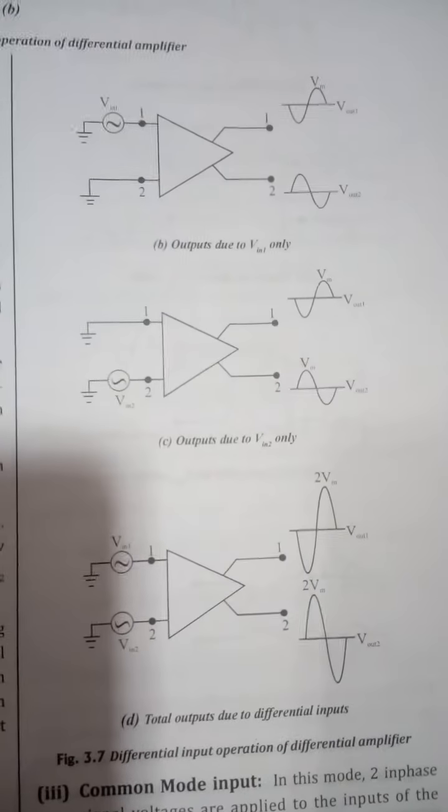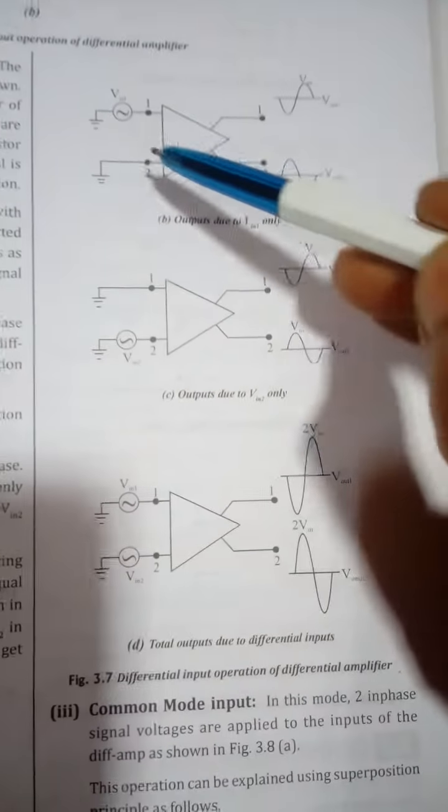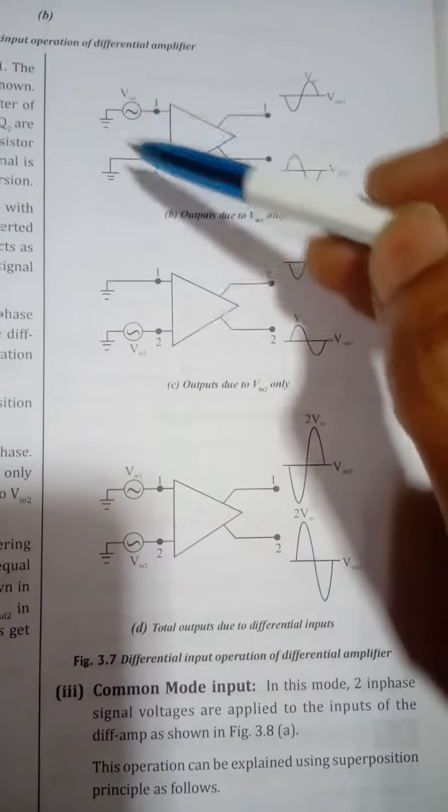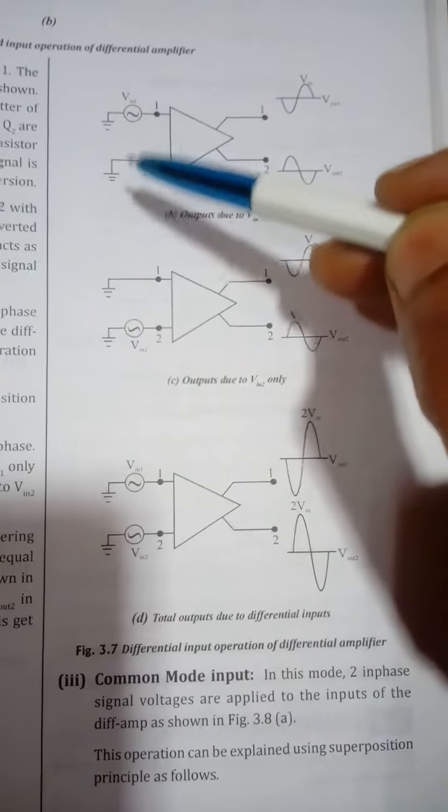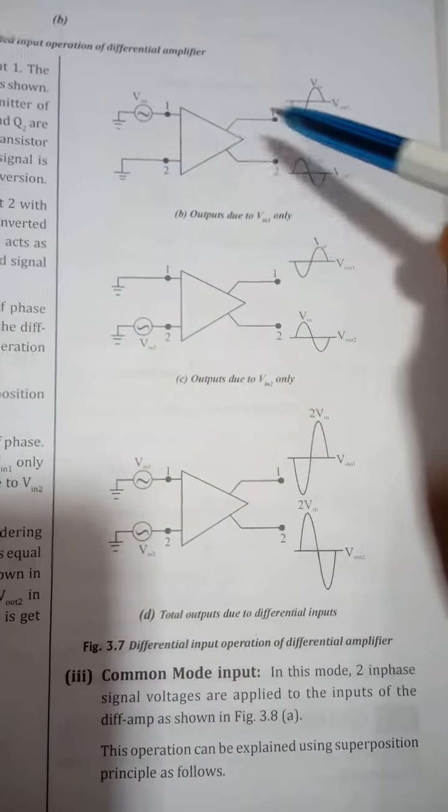So here it's given that the inputs Vin1 and Vin2 are out of phase. This shows the output signals due to Vin1 only and output signals due to Vin2 only. So imagine that there are some different conditions given here. If you assume that only the first input is given and the second input is shorted, it means output is taken only because of the first input. If you consider one more case where only the second input is given and this one is shorted, no difference can be taken and output will be only because of this input.